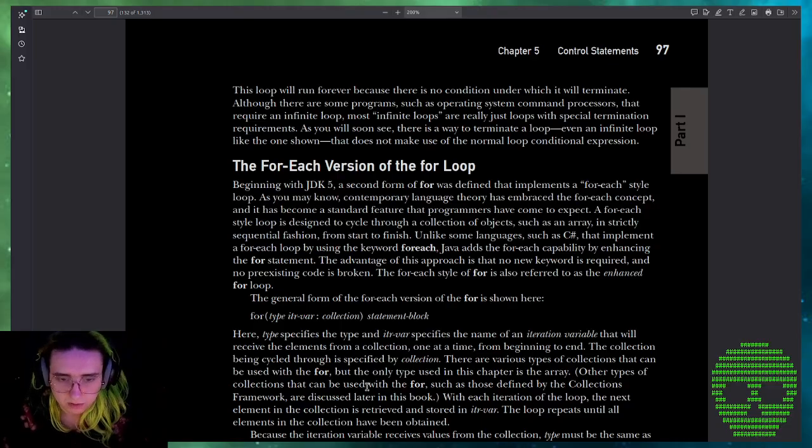for (type iteration-variable : collection) statement-block